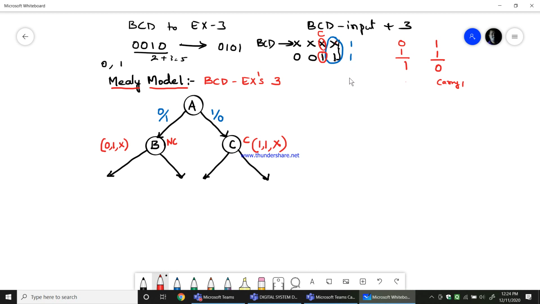So we know that the BCD input can be any values between 0, 0, 0, 0 till 1, 1, 1, 1. Sorry, not 1, 1, 1, 1, it can be 1, 0, 0, 1, because BCD range is from 0 to 9. Therefore, whatever value I have from 0 to 9, I will consider that as xxxx. That x can take either 0 or 1. Whereas always that BCD value will be added to 3. That is what BCD to XS3 is. It will always be added with 3.